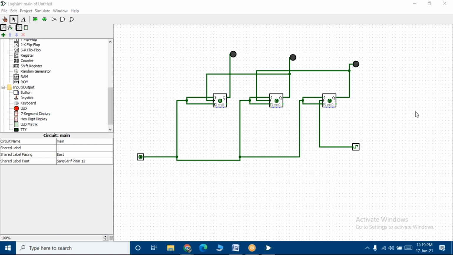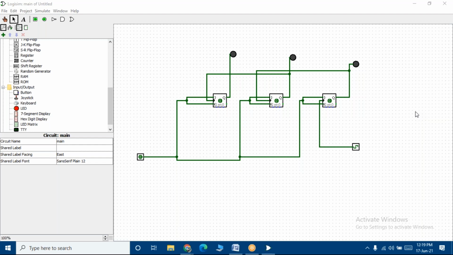Students, any doubts? Now what I've done here is I've selected 3 flip-flops because it's a 3-bit input, and I told you the combination has to be from 000 to 111. Here, first we are doing it as the down counter, so it counts from 111 to 000. Ensure that when you're placing the flip-flop, you select the triggering option as rising edge.